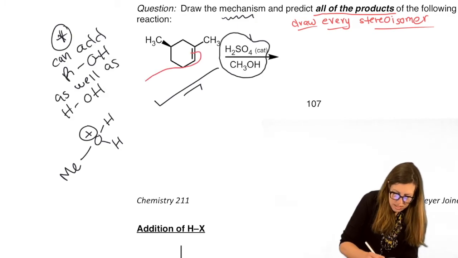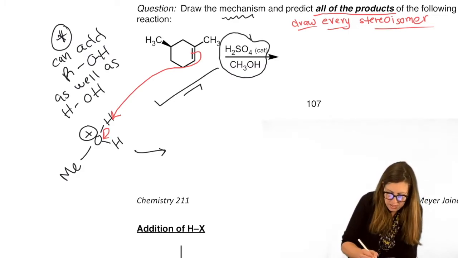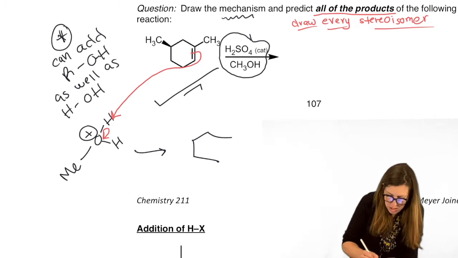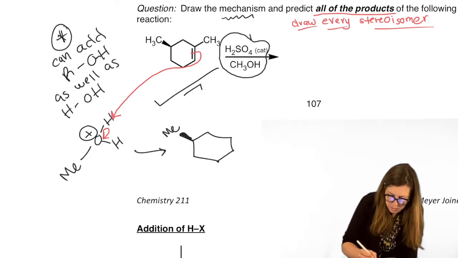The pi bond takes that H. This is just like before. It's just one H is replaced with an R group. So this mechanism has a very small change, but it's a big deal because we use alcohols a lot. So you want to make sure you're comfortable with that. I'm going to abbreviate that as methyl.